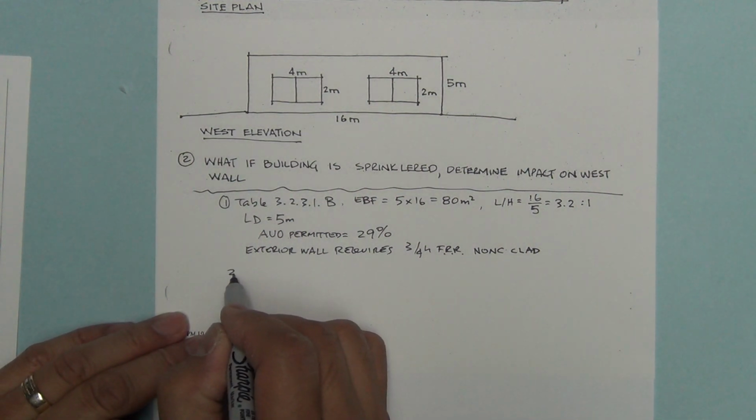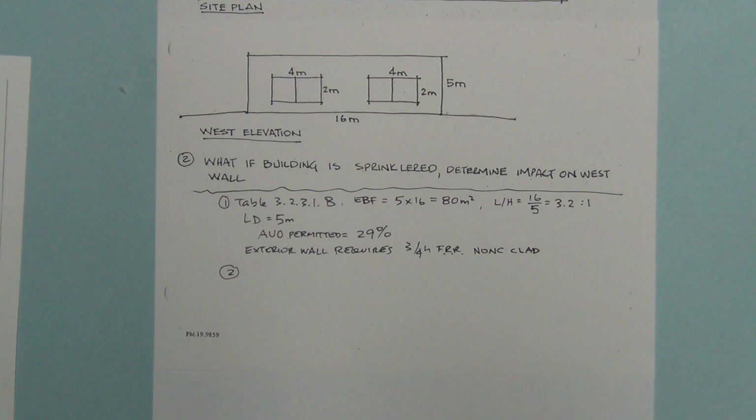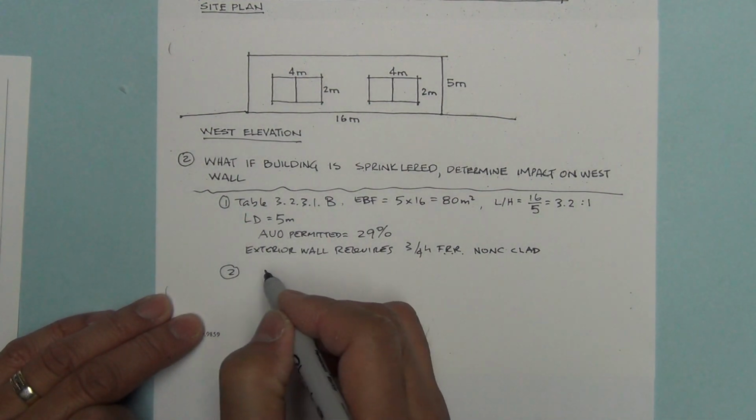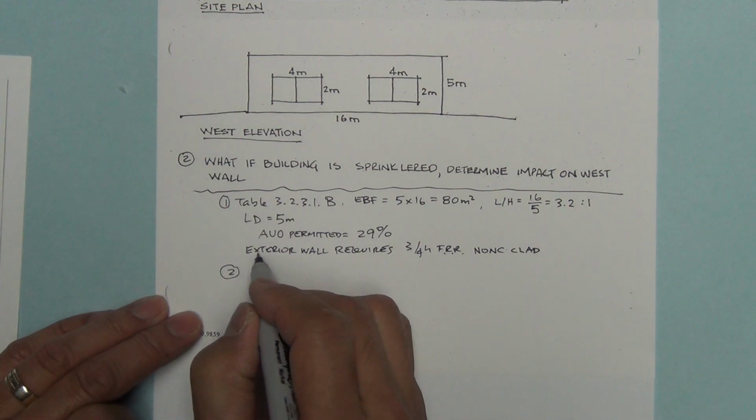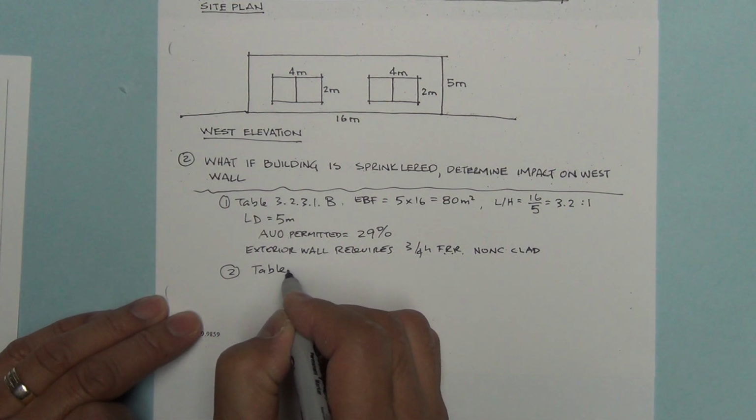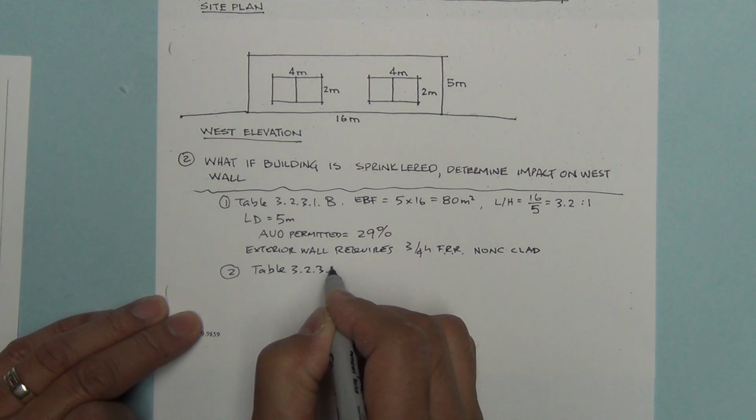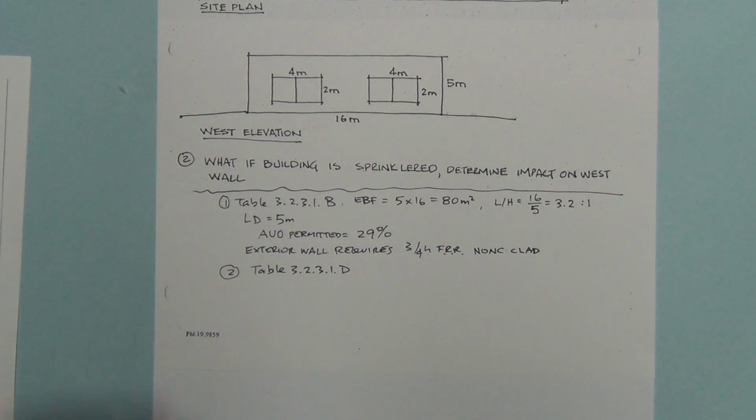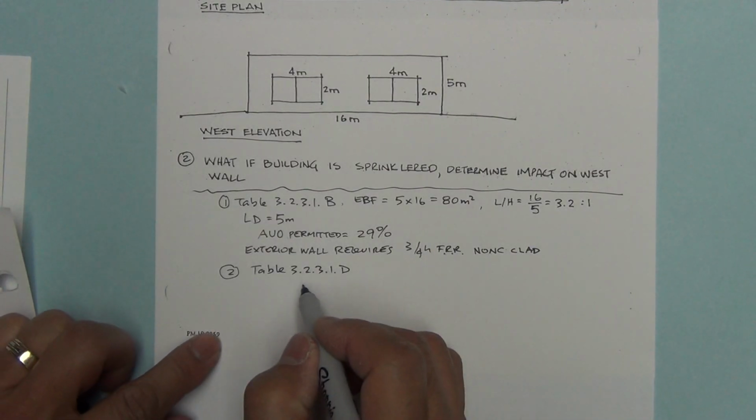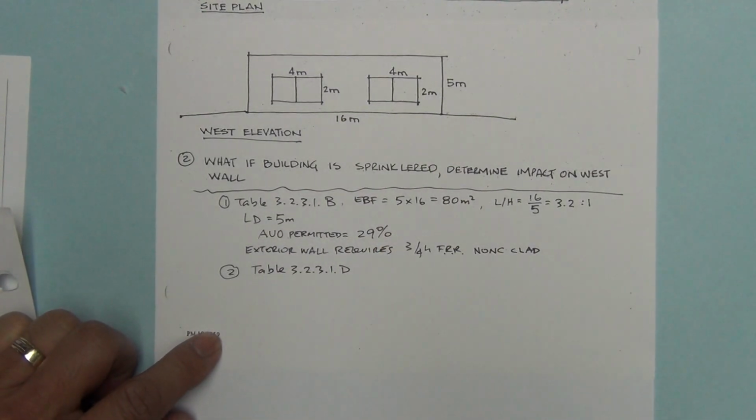So the second question is, what if the building is sprinklered? What is the impact on the west wall? So when the building is sprinklered, well, table B will not apply. So what you would apply would be table D for low fire load sprinklered buildings. Table D. So table D, we have the same parameters, 80 square meters,